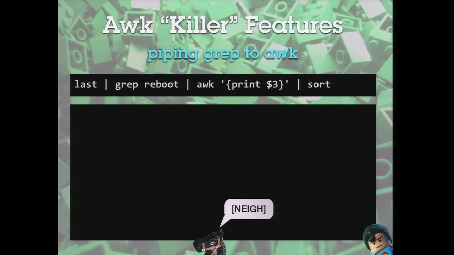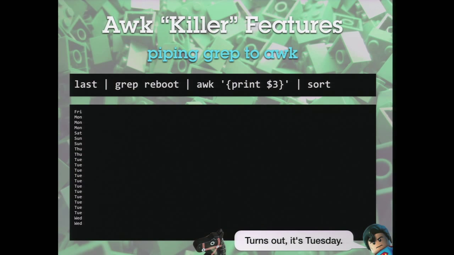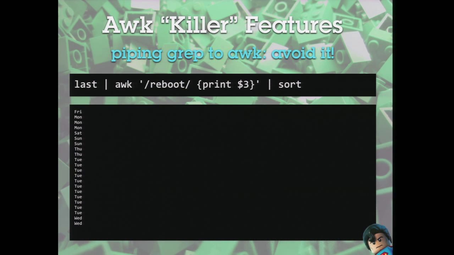The command here returns a sorted list of days of the week that my computer has rebooted. I might want to use it to figure out which day of the week I've most often rebooted the computer. There's nothing inherently wrong with the command, but it's good practice when scripting to use fewer pipes whenever you can, especially if you're getting into a long involved script. So just remove grep, put what was inside the grep command in the forward slashes, and you get the same result.